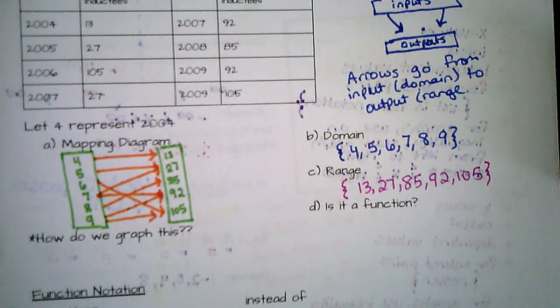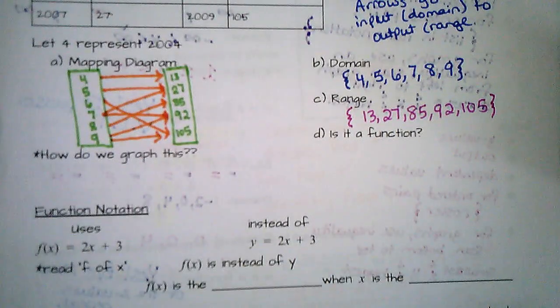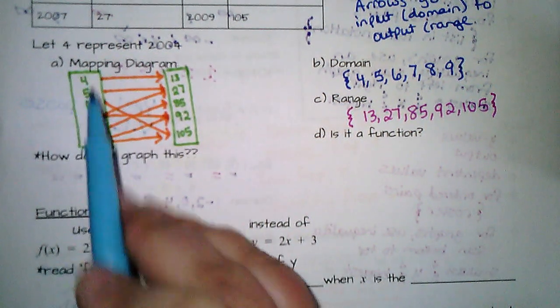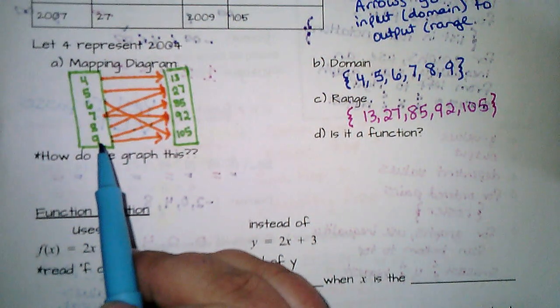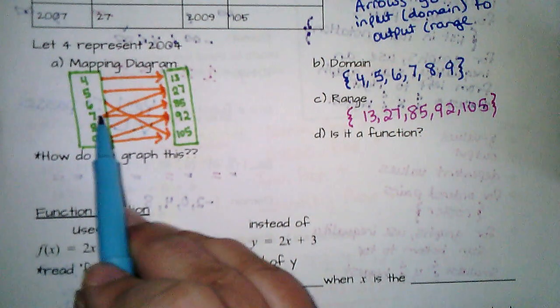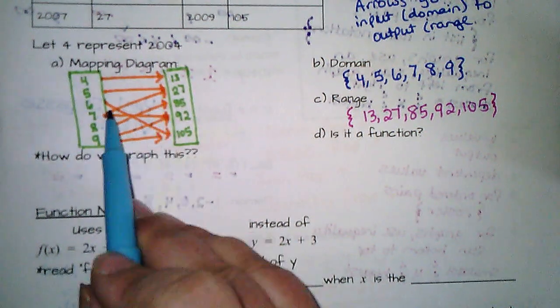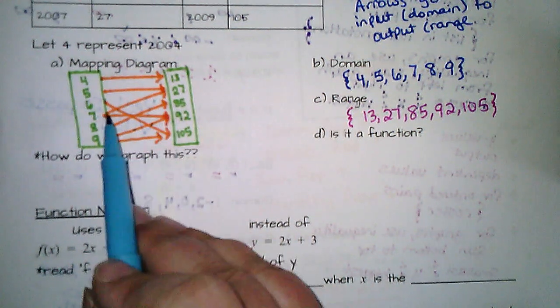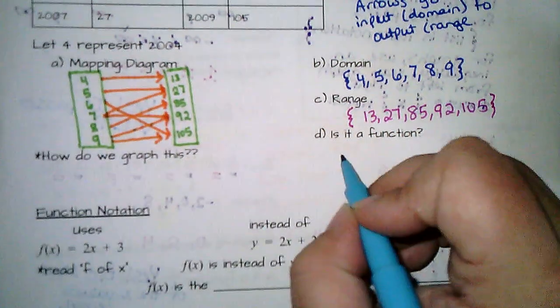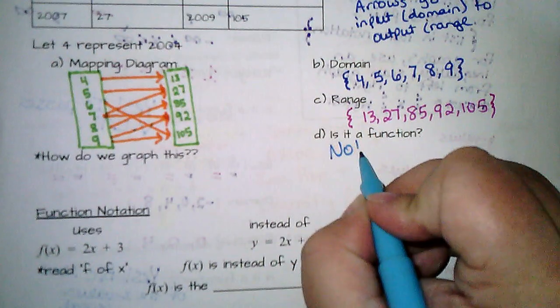Okay, then it says, is this a function or not? Well, this one's a little trickier. To tell if it's a function or not, you look at the inputs, the x's, and they can only have one output. So if you notice here, 7, see how 7 has an arrow to 27 and 92? That means it goes to two different numbers. It has two different outputs. So is it a function? No,